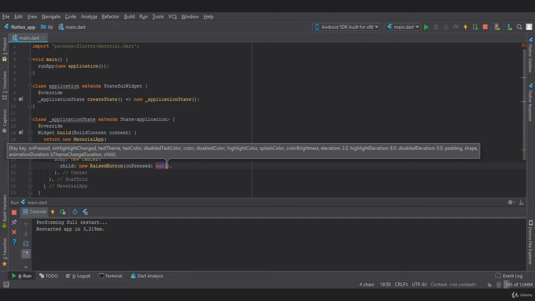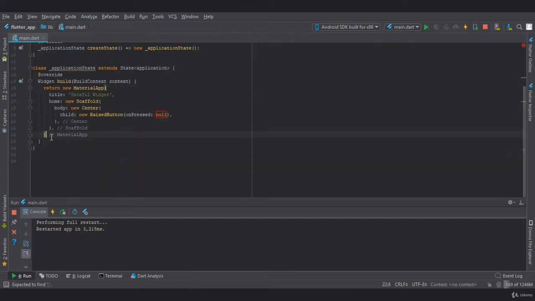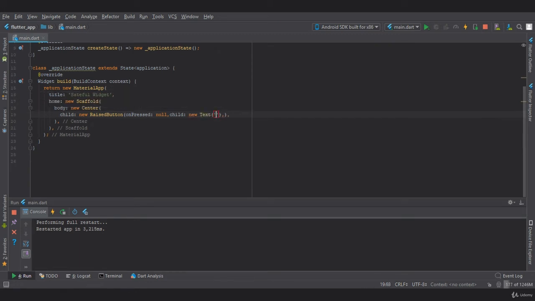Right now it's null, and we also need to provide a title to this RaisedButton. So we will create a child. In this we will provide a new Text, and we will provide a string as raised button. Now let's restart our app.